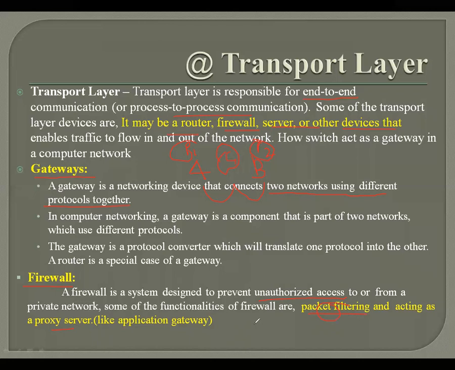Like a packet capturing tool, Wireshark, which checks on our NIC card which type of information is coming in and which type of information is going out from our network. It is a kind of security mechanism, so that security can be provided and decisions can be taken against malicious users, unauthorized users, etc. So this information is very important related to the firewall. So the firewall is the security concern.